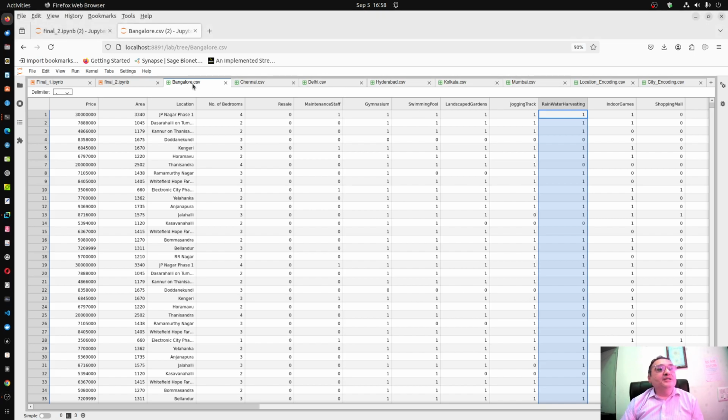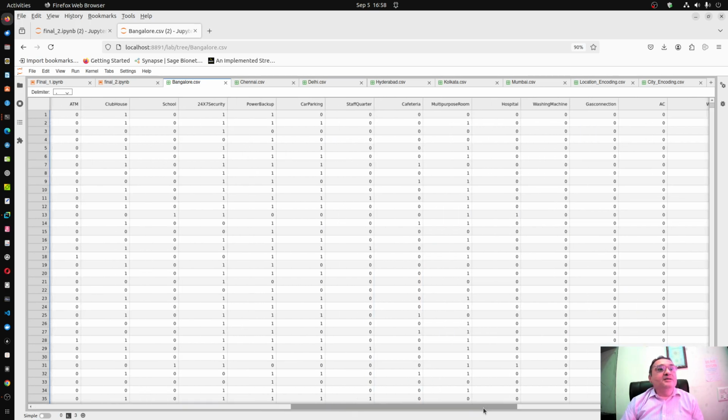Now, if you see the data which was provided to us, it had these features: area, location, number of bedrooms, resale, that is whether the property is for resale or not, whether the property has provision for maintenance staff, maybe a maintenance servants quarter or something, gymnasium, swimming pool is there or not, landscape garden is provided, jogging track, rainwater harvesting is present or not, indoor stadium, shopping mall, then maybe more features on this side,